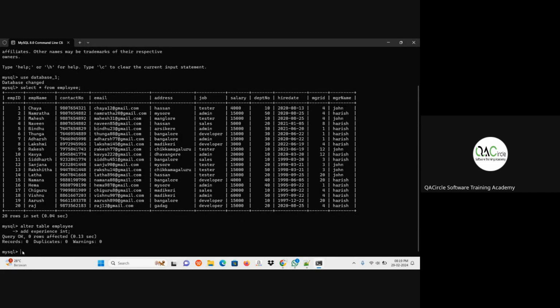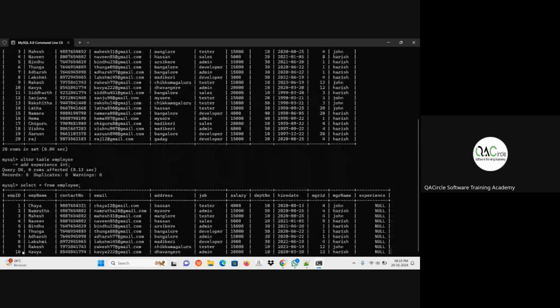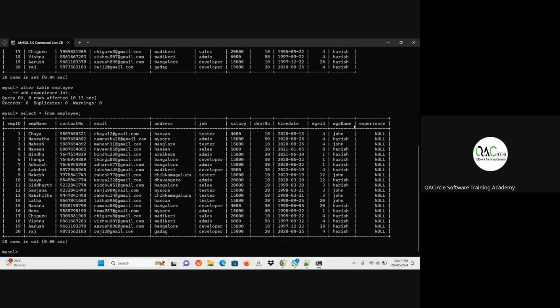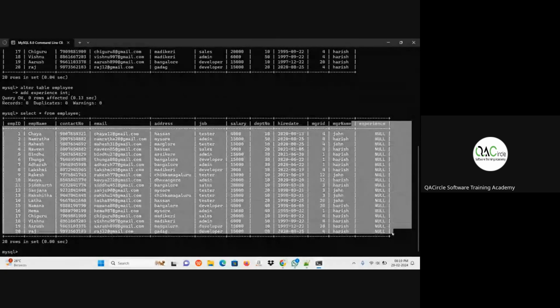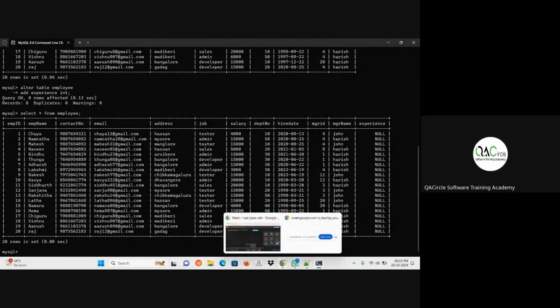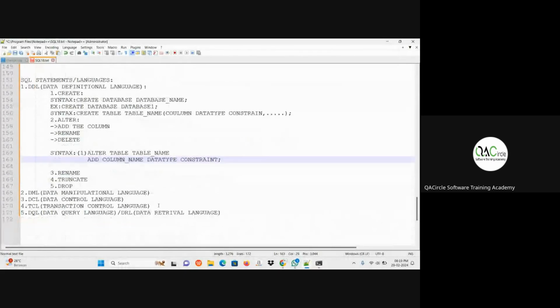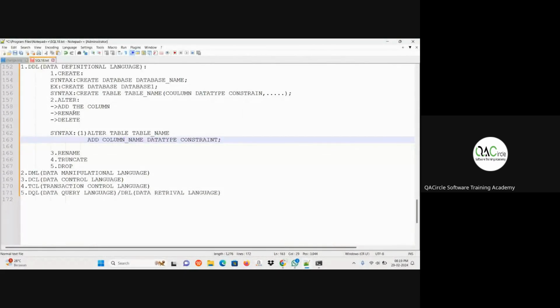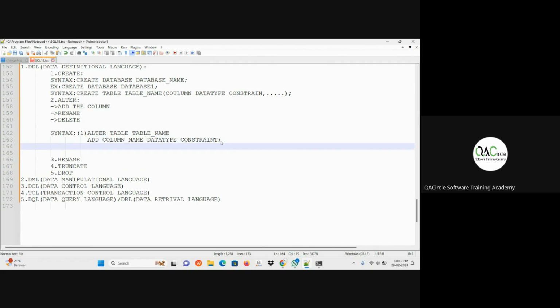Now let me see, is it added or not? See, it's added. Got it? This is how we add a column to an already created table by using the alter statement.